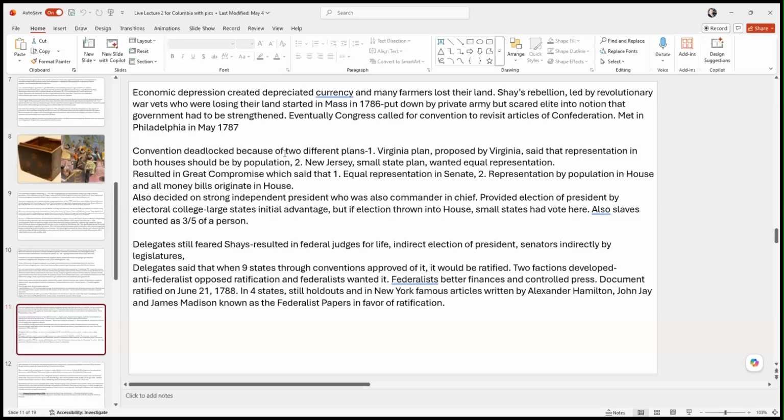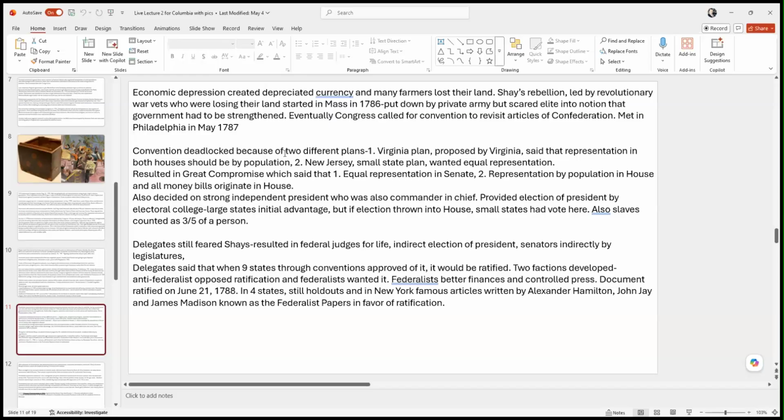They studied everything. They studied the Romans. They studied the Greeks. They studied the Germanic tribes. They studied the Celts. All kinds of different things, trying to figure out what kind of government to create. And eventually they came up with 2 competing plans. There was one plan called the Virginia Plan that favored the larger states, and one plan called the New Jersey Plan that favored the smaller states.